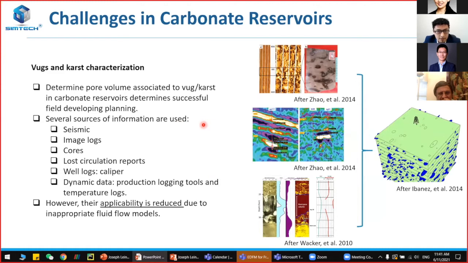One of the main jobs of geologists is determining the pore volume associated with the Vugs and Karst. For that objective, they gather information from all sources that could be available, ranging from seismic, cores, and drilling circulation reports, to dynamic data. After integrating all this information, with the expertise of the geologist team, they can come up with sound geological models that can